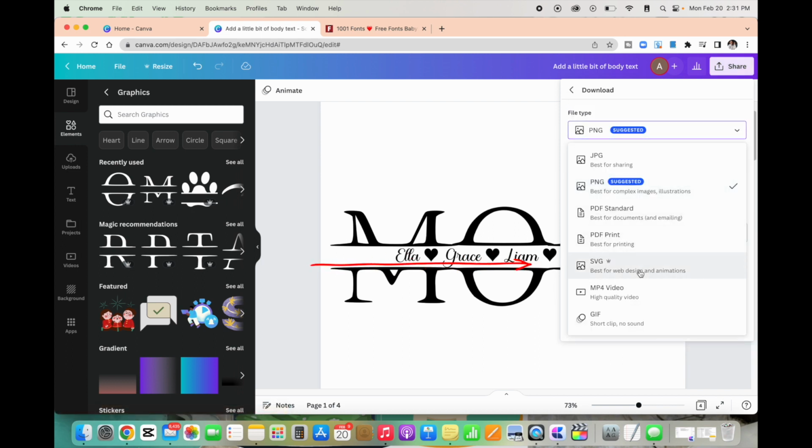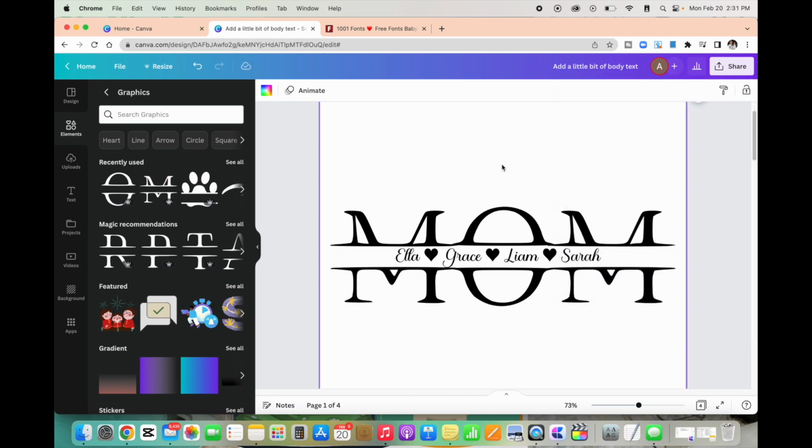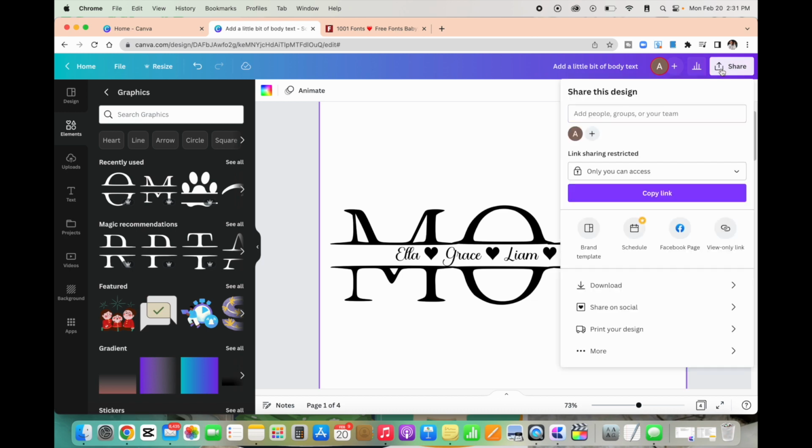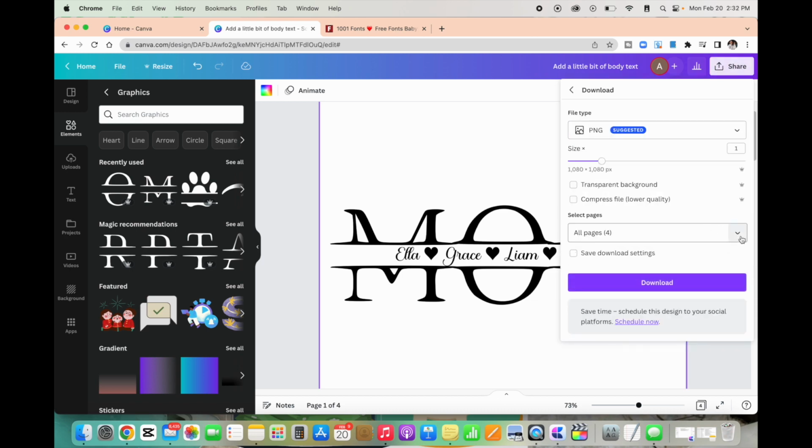Now this is also a pro feature, and if you're new to Canva and you have the budget, I strongly recommend that you go ahead and pay for this because again, you'll have so many options to the features and you won't be limited. But going back to the types of files, you can simply create this as a SVG file and then sell that on Etsy. So there's so many options you can use this for. You could print this out, download this as a PNG file, and then you can also upload it on a